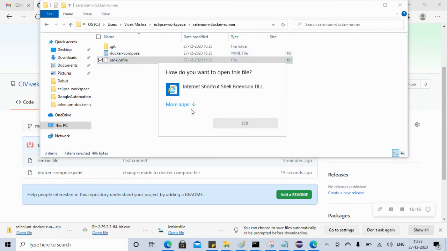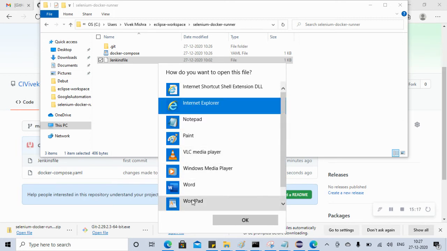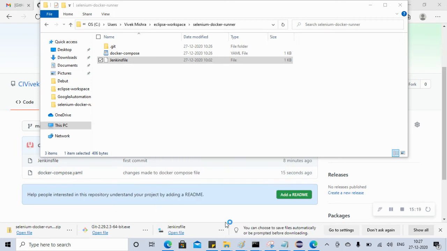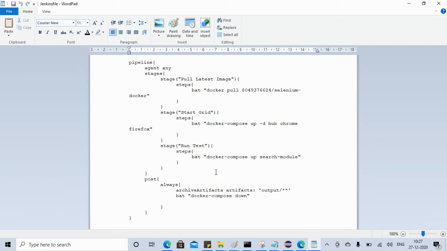And now if you go to the Jenkins file, let's see what we have here. We already discussed this. In the post, we are saying archive artifacts to the output folder. Whatever is there in the output, we want everything to be archived. Then we are saying Docker Compose down. Why? Suppose you say Docker Compose up and you are not specifying a specific service like Chrome and Firefox.